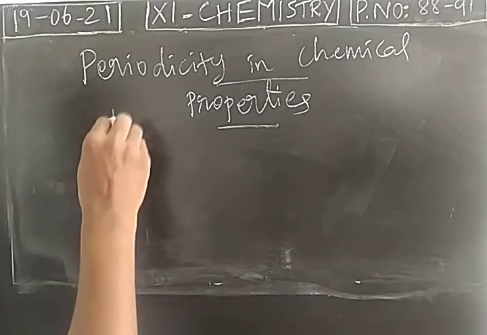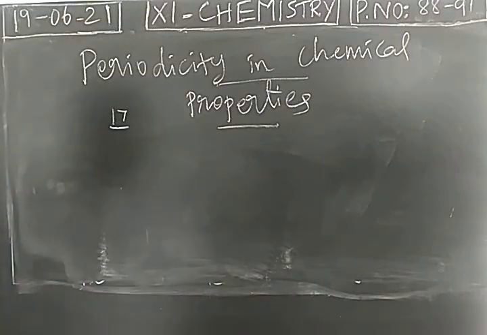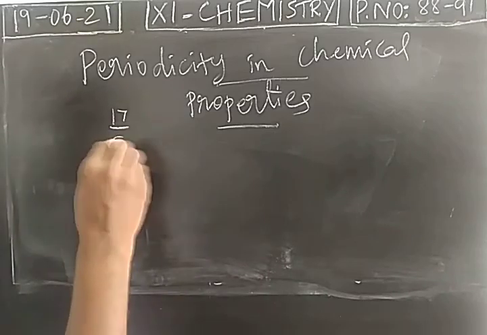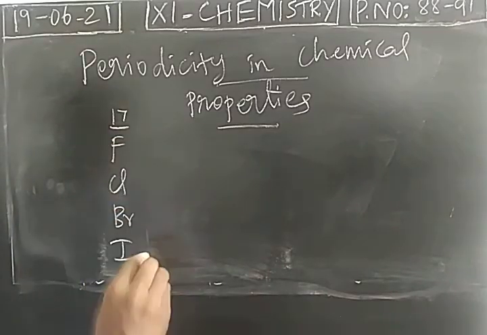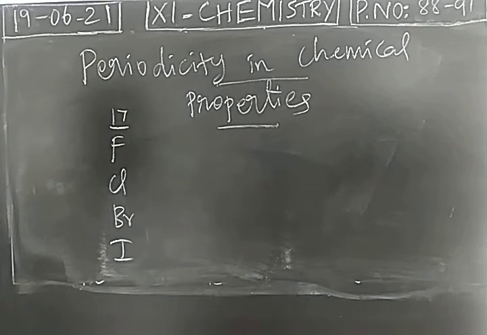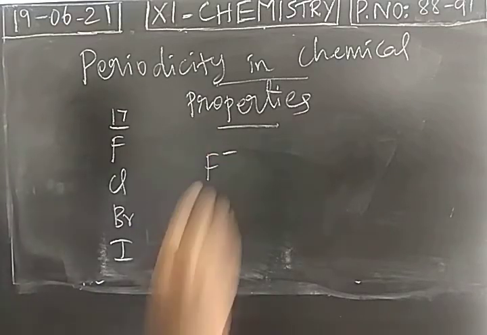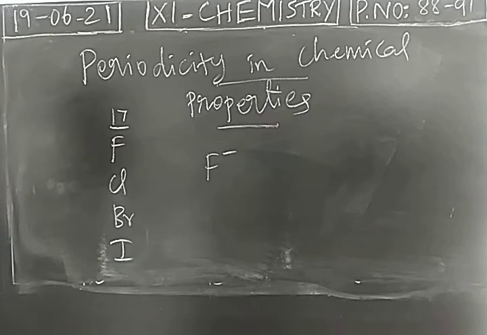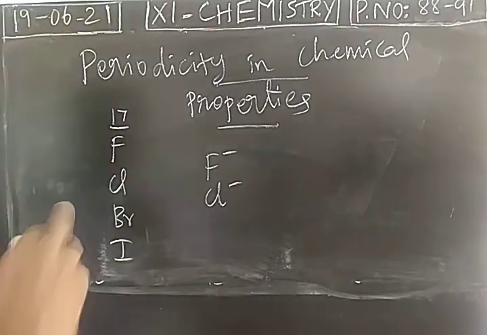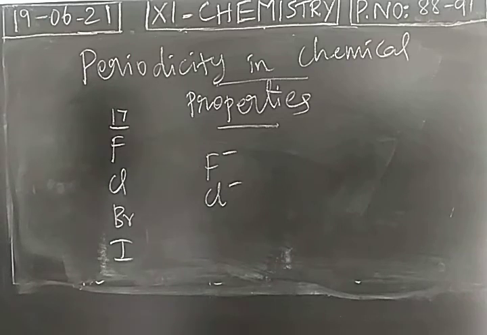Then consider 17th group elements. They are also highly reactive. Comparing the middle elements, elements present in the extreme left and right will be more reactive. Fluorine, chlorine, bromine, iodine are all highly electronegative in nature. Each halogen needs an electron to become like a noble gas. Fluorine has to attain the electronic configuration of neon. Chlorine gains an electron to attain the electronic configuration of argon. So the electron accepting tendency, the electron gaining tendency, will be more for the halogens. So they are highly electronegative in nature.